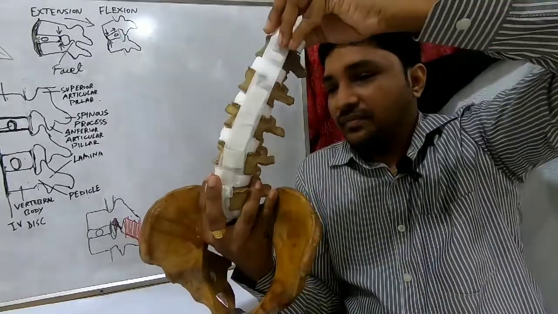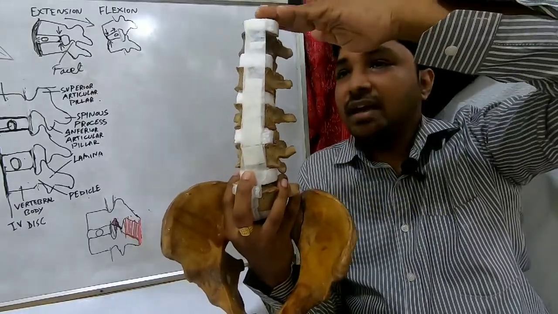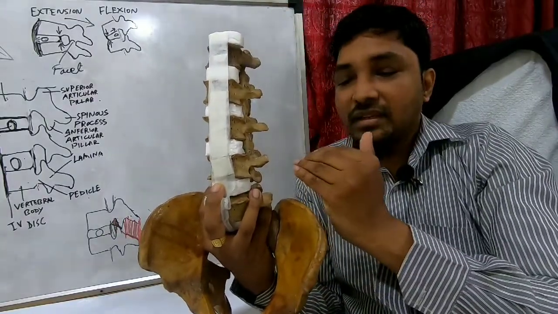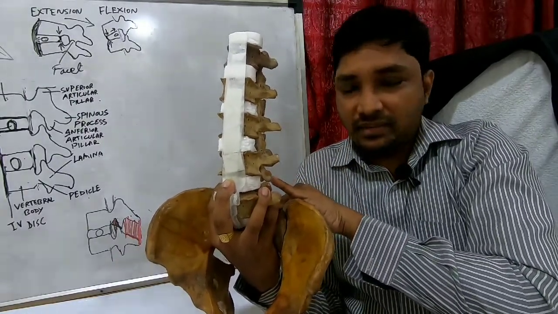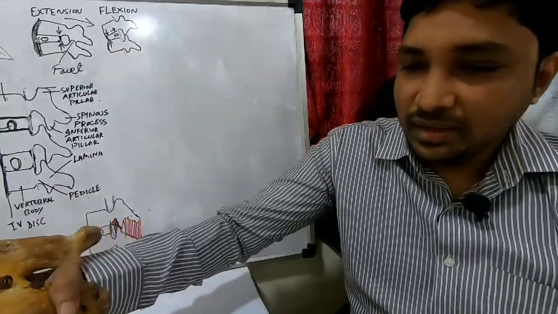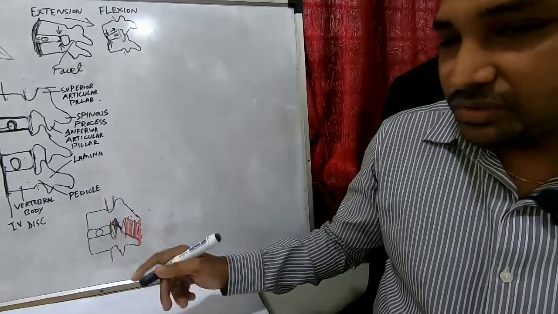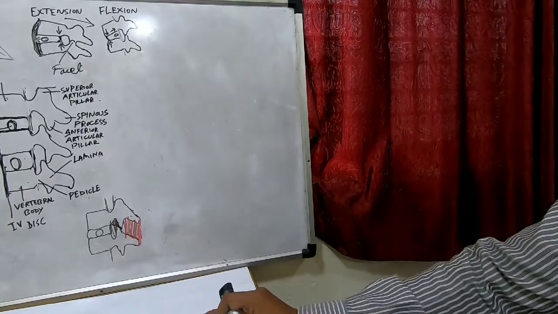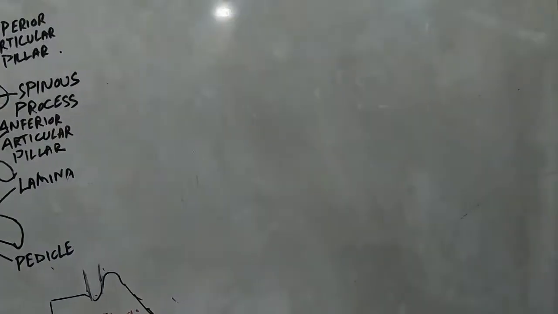But side flexion and rotation are different. Maximum movement happens at the higher level, that means at L1, and as you go down the range of motion reduces, and it is stiffest at L5-S1. This you have to remember. Now I will show you the range of motion pictorially. If you can see,